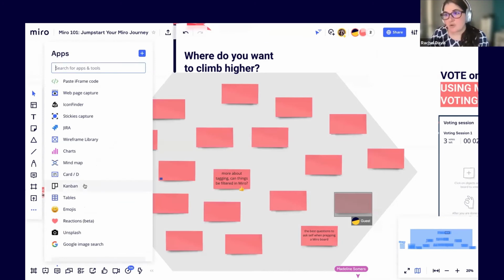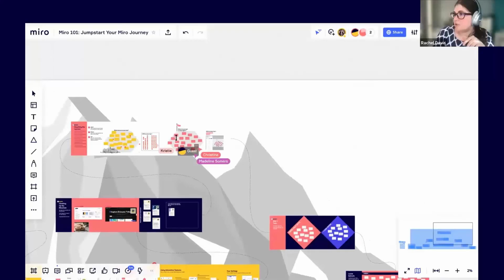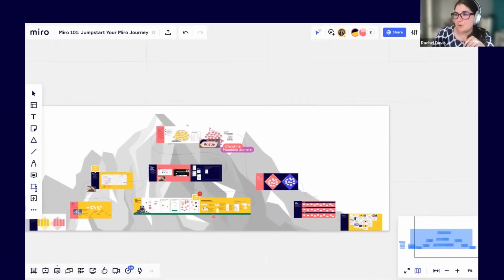Cool. I know you can do a Kanban board on here. It might be that. It might be the cards that are within a Kanban board. Gotcha. Okay. Yeah, so actually you can do, where did that go? I just clicked it. All right, we'll have a random Kanban board somewhere again.